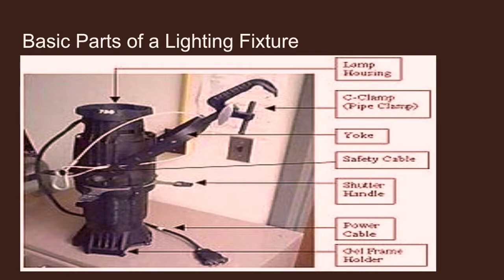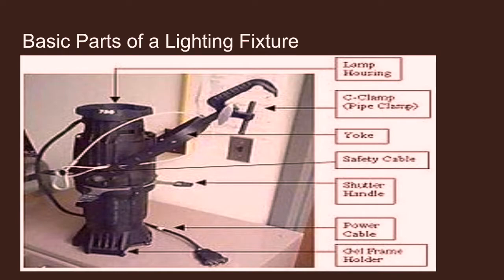So first, at the very top, we have the lamp housing. That is where the actual bulb of this lamp would be. Then you see, going down, the next arrow is a C-clamp or pipe clamp. You see that it makes a C, like the letter C. A C-clamp basically clings to a pipe, which means a bar that is hanging over the stage where we